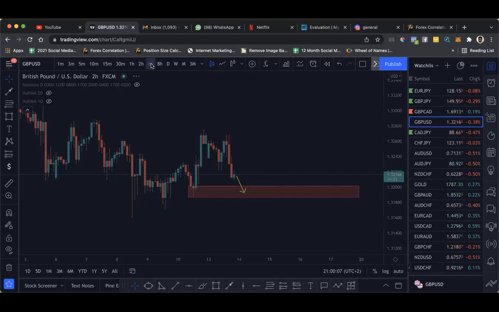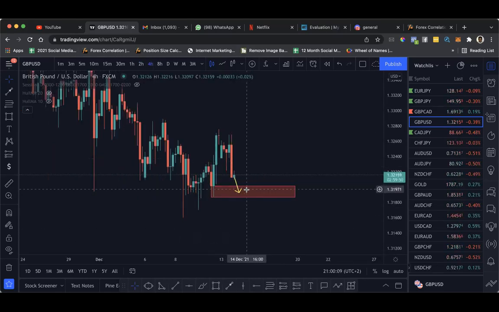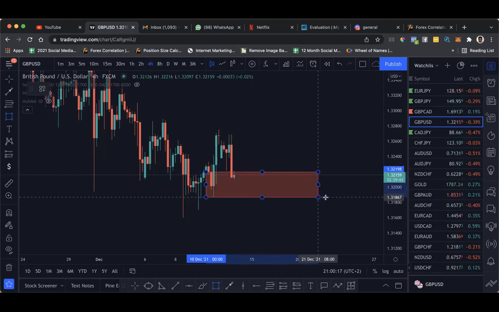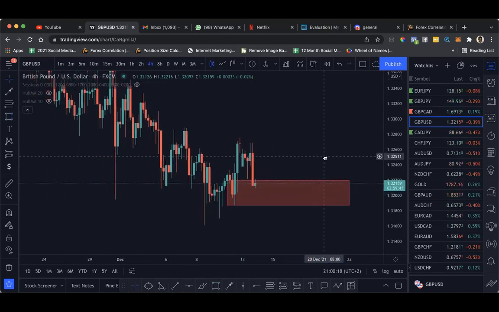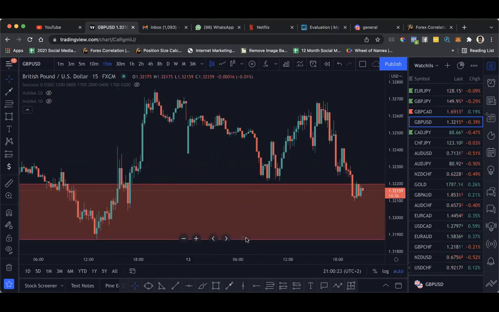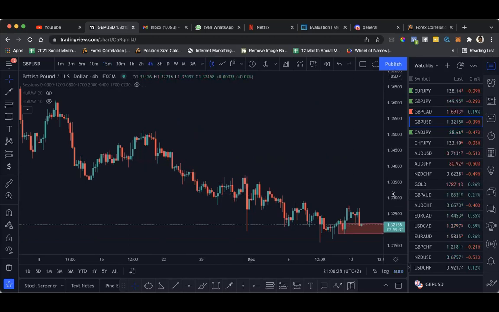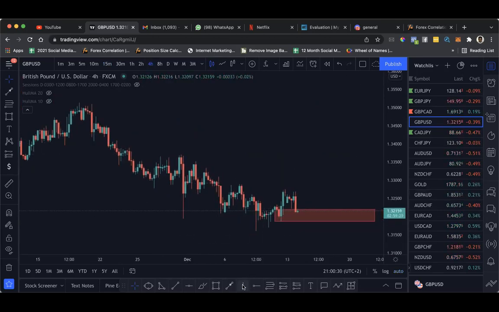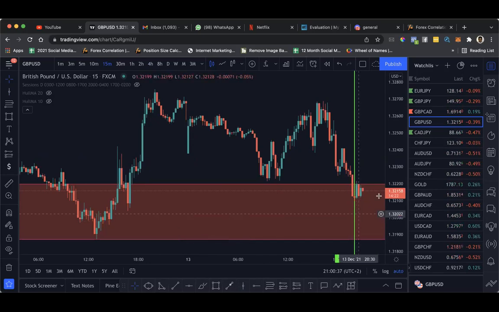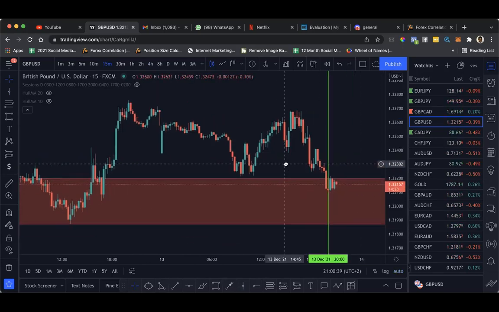So if we take this on the 4-hour chart, for example, this is the demand zone for the 4-hour chart. For 4-hour charts, the mapping is the 15 minutes. Let's go to 15 minutes. Okay, let me align that. So price got to the zone here. Okay, so 15 minutes. Good. So right now, you can see that